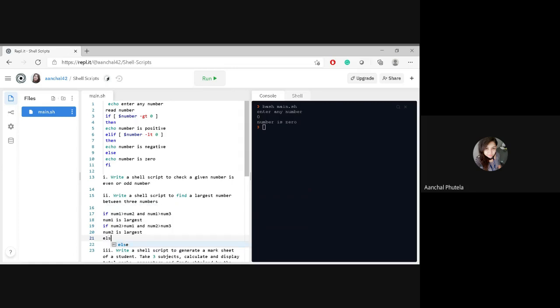Otherwise number 3 is largest. Is it clear, Nidhi? Yes, ma'am. Okay. So this is how you will find the largest number between three numbers. This is the concept. I have just explained the logic. Just implement this logic in the form of a script.